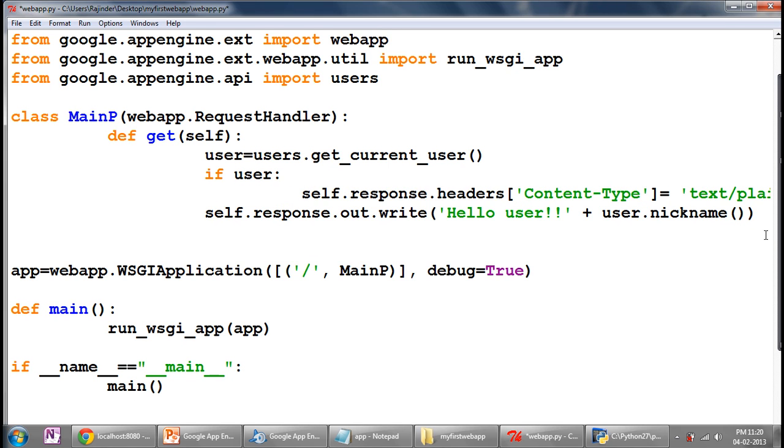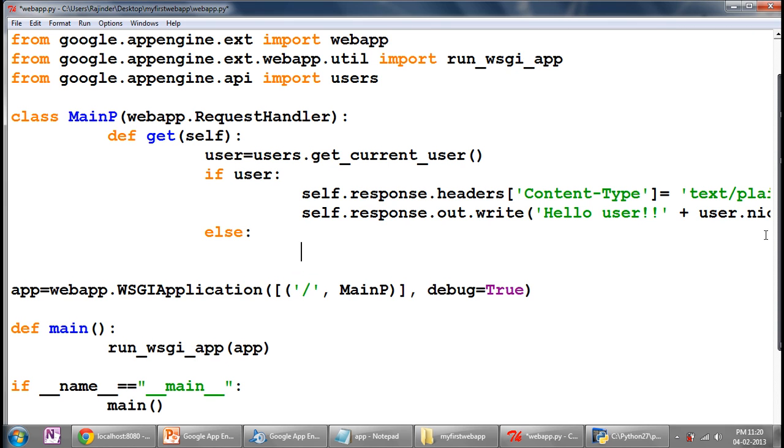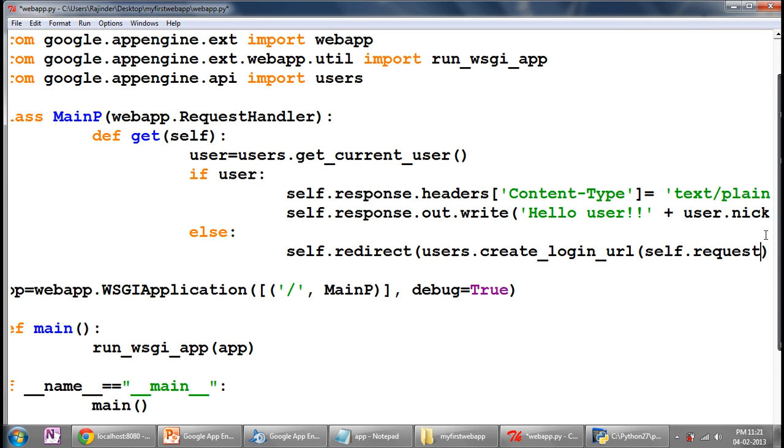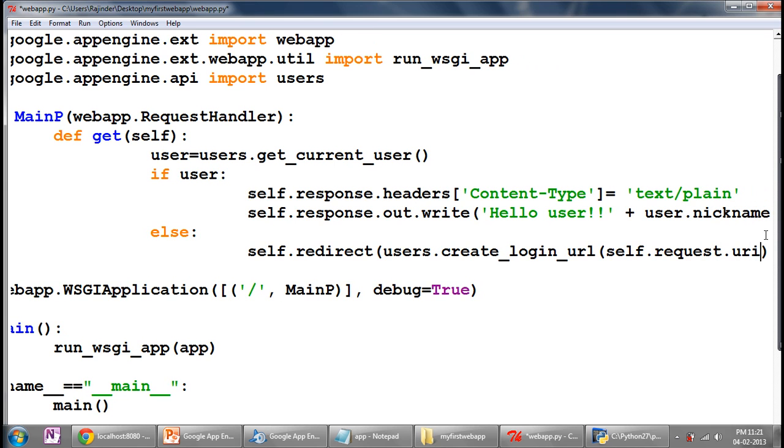In Python this is the way to show it. Okay, else, self.redirect to users.create_login_url, with the argument self.request.uri. Okay, the rest is the same.